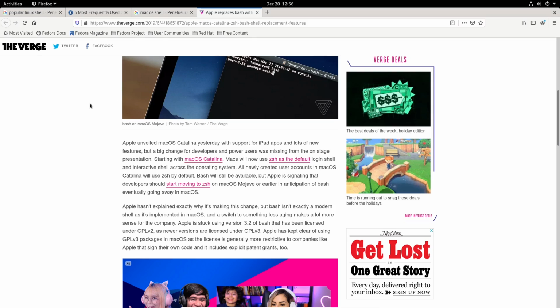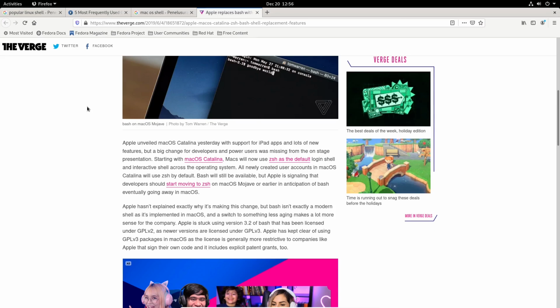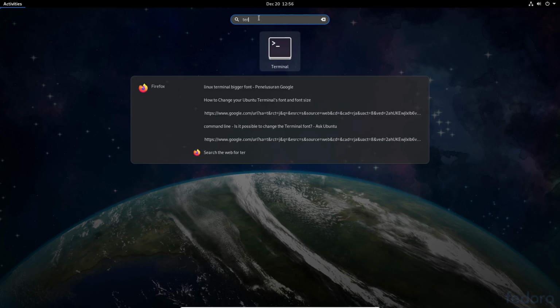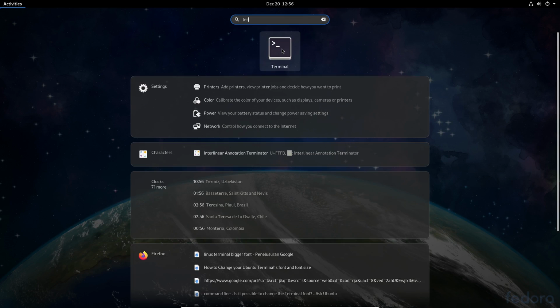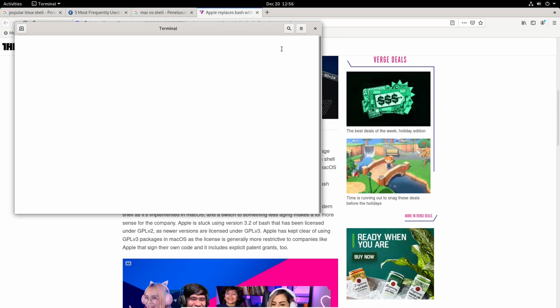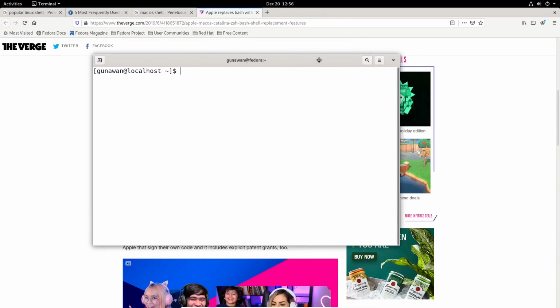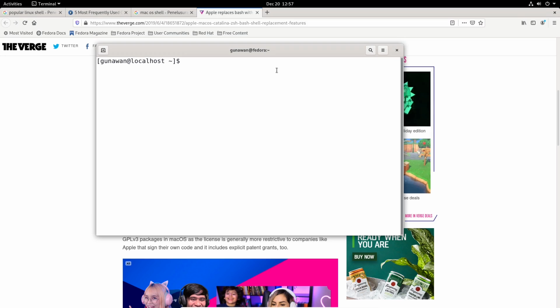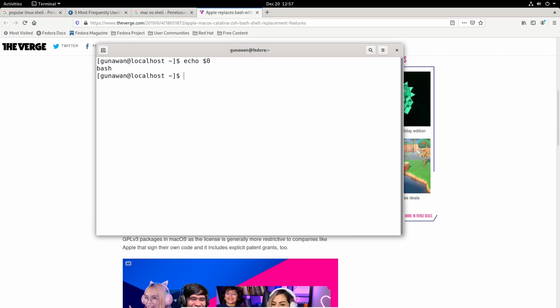Today I use Linux, so the first thing to do is to know what shell I use. Click the activities menu on the top left and type terminal. Okay, if you want to know what kind of shell you use, just type echo $0.